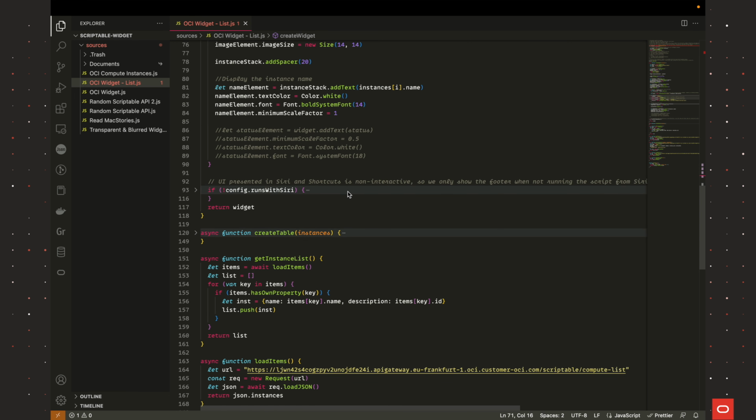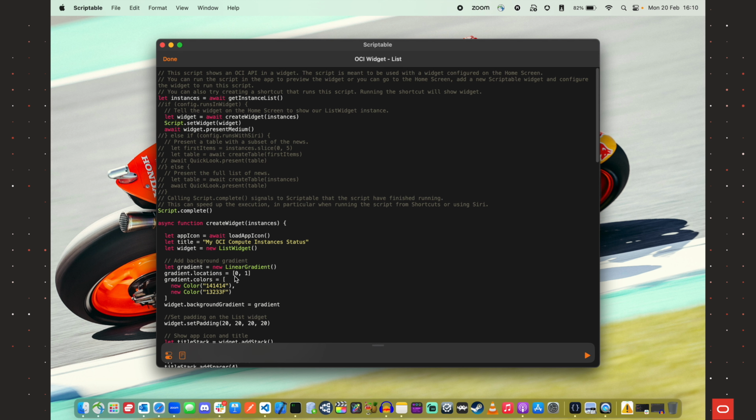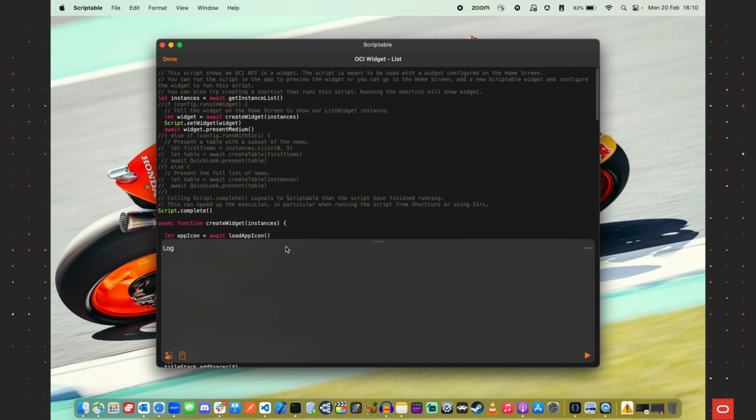Now, if we want to run the widget, we need to move to our phone. By using the Scriptable app that's available on MacBook, we can also test our widget and see that it's running properly. So we need to click the button here and we can see the code, which is the same one as in Visual Studio Code since they are synced and the code is kept in iCloud. And then if we open this small window here at the bottom, we can also see the log. So clicking on play will allow us to run the widget and see the way it would be displayed on our phone.